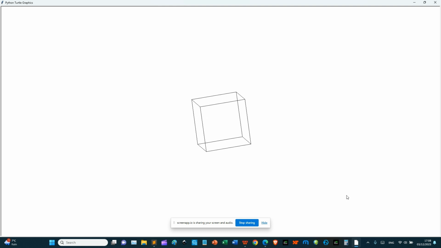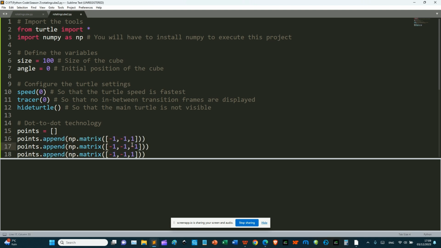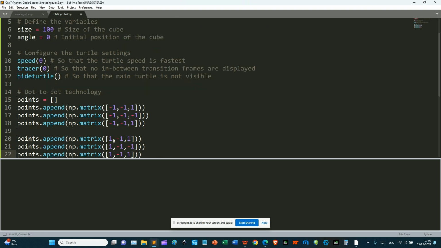Using dot-to-dot technology and matrices, we can create points for the turtle to go to produce incrementally different 2D perspectives of the 3D object. We create the list points to store the points for the turtle to go to. The idea of this is to draw the four edges connecting the front face to the back face. This mini block of code draws one of the edges and goes back to the position before starting to draw